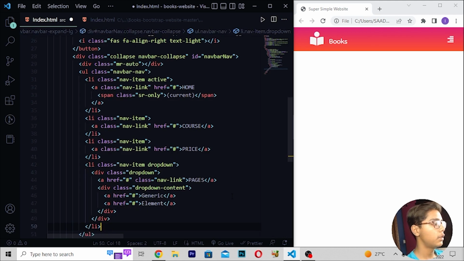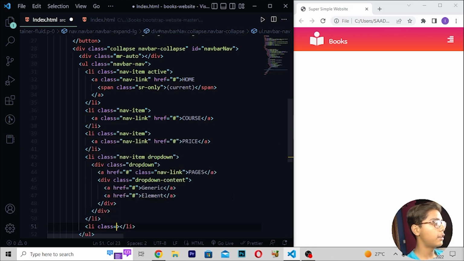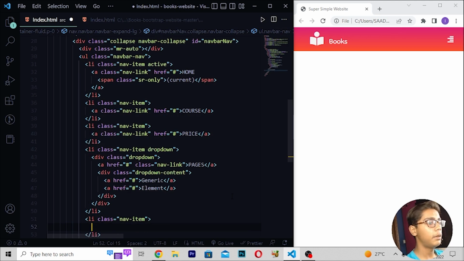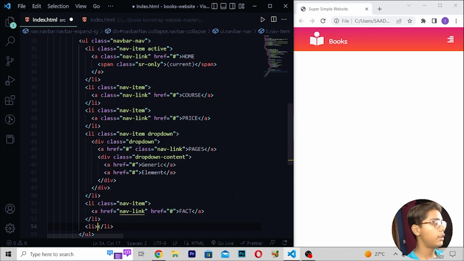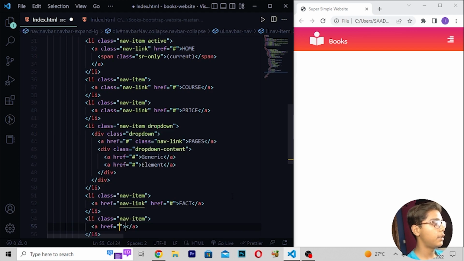Then you have to just move down, right here li class nav item, then I'll be just writing a tag, right here nav link, then right here href hashtag, right here fact, then I'll be writing li, then here I'll be now writing class nav item, then I'll be removing this, right here class nav link, then when you've written this, here I'll be writing href hashtag like this.